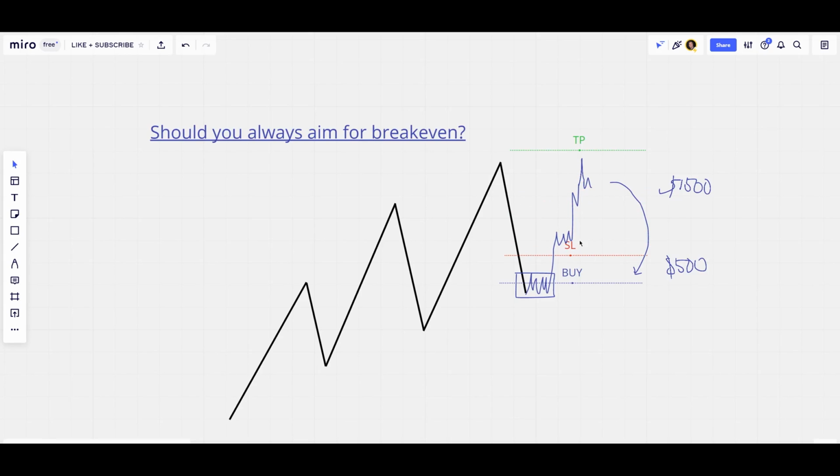But what you can do is that if price action, let's say, is trading up here and it's pretty close to your take profit, this is maybe where you might set your stop loss up below a recent level of, let's say, support. And if there's a lot of equal lows and you're afraid that the market might manipulate you, well, then you can leave a little bit of extra room. But in this case, I would move my stop loss up a third of the way, or maybe halfway to